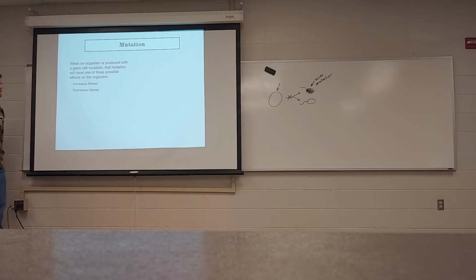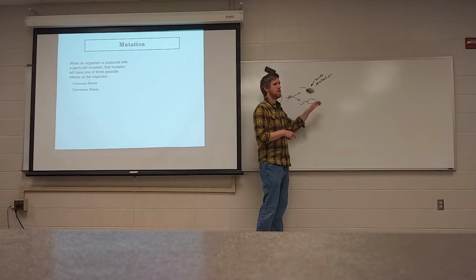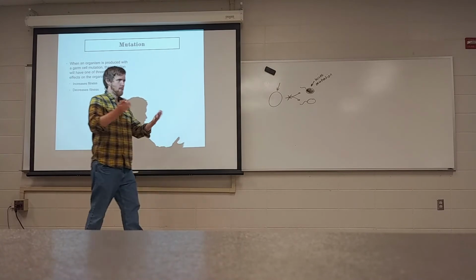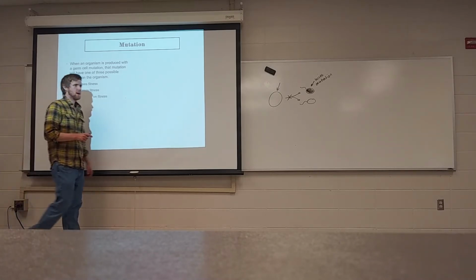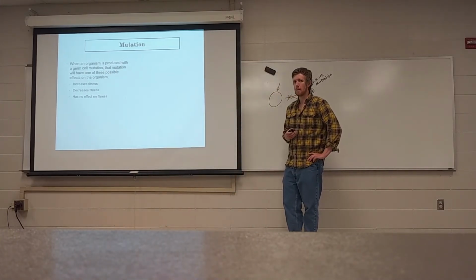A more likely scenario is that the mutation decreases the fitness of the organism. There's a mutation, it's harmful, the individual with it will die before they ever reproduce, which means the mutation doesn't actually enter the gene pool much at all beyond the original individual who had it. The other one, and this is the most common one, is that the mutation is small enough that it has no actual effect on the survival of the organism or the fitness of the organism. Most of you have mutations that you inherited from your parents, and you don't even know it because they have such a small effect. And this is the most common thing that we see.